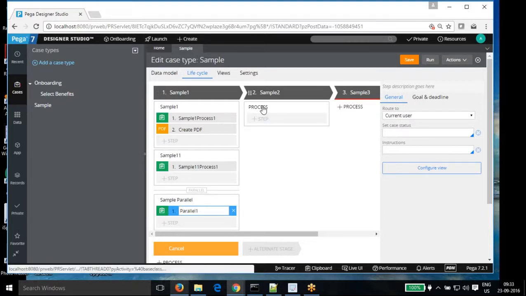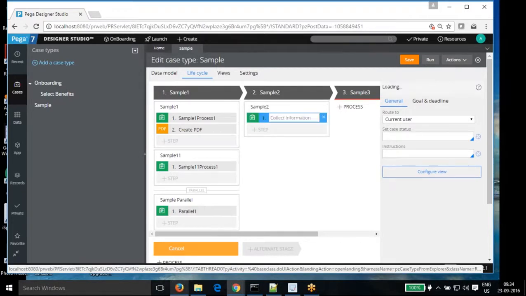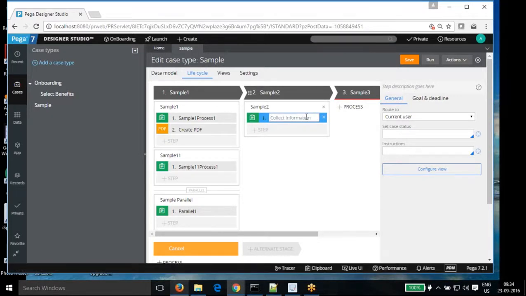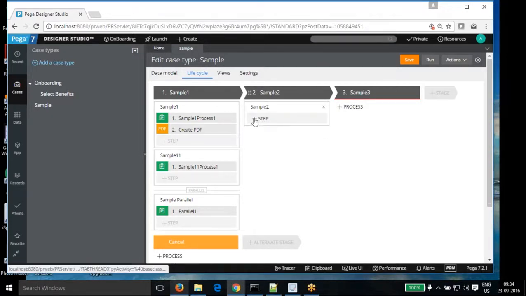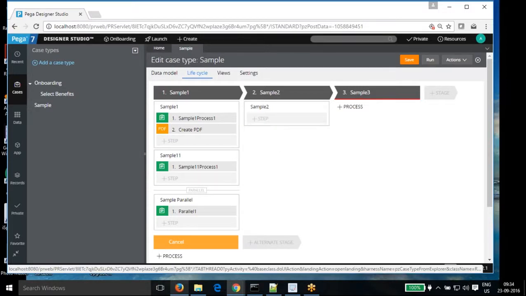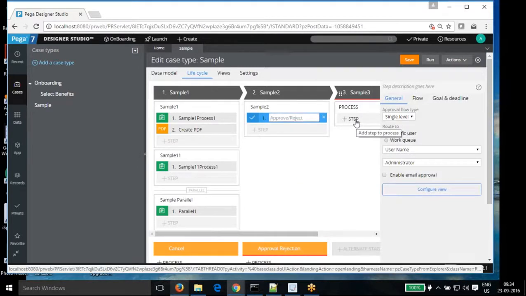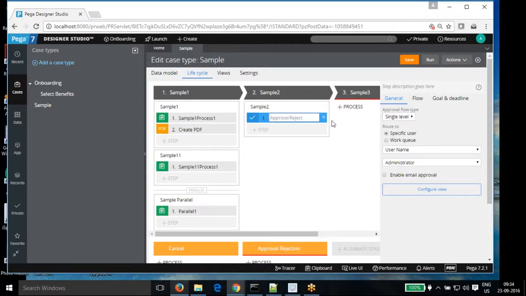And in this one, just for the name, I'm creating a collect information, or I can go for, yeah, I just want to delete that. Actually I did approve and reject here. Okay. So in this flow, you want to approve or reject that thing. And in the third case, I'm just, so that's the name. So we say approval.